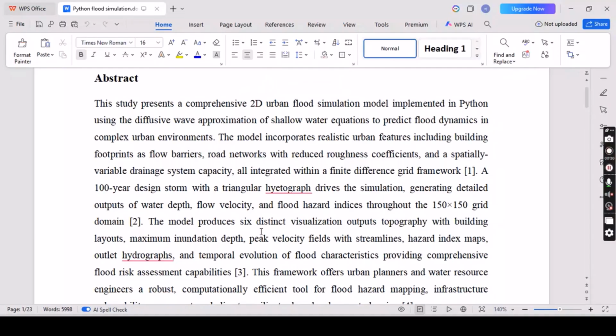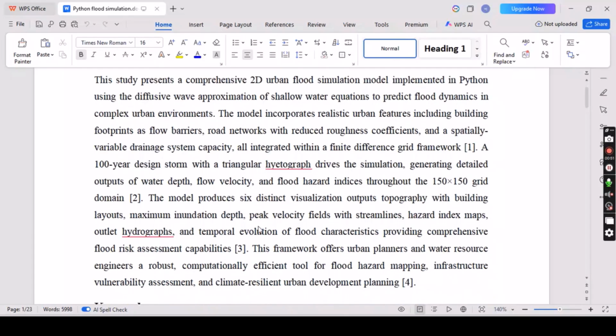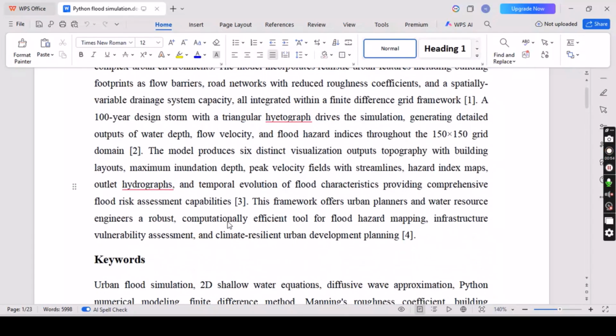So the 100-year design storm with a triangular hydrograph drives the simulation, generating detailed output of water depth, flow velocity, as well as the flood hazard indices throughout the 150 by 150 grid domain. So the thing is that in these six outputs, we have generated a maximum inundation depth, peak velocity, as well as